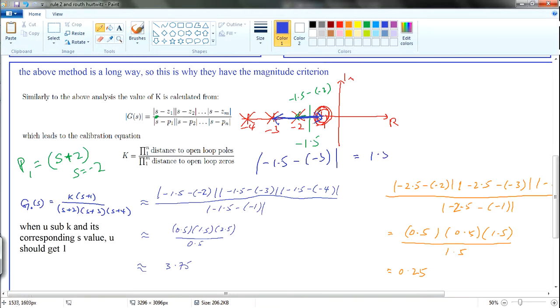So if you are going here, you see minus 1.5 minus minus 1, which is minus 0.5, right? Shouldn't be, right? You're from here and you're going here, it should be plus 0.5, right? So therefore, typically you don't want to confuse anything, so you just take the absolute. And then as you can see, the distance itself is just 0.5, that's all. Okay, so therefore you can get 3.75 over here.